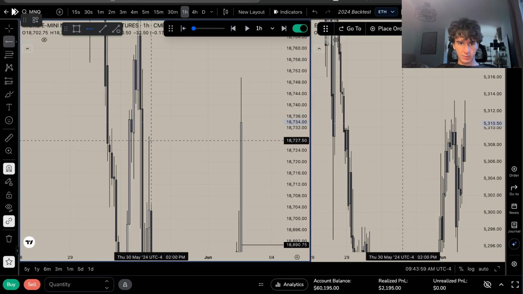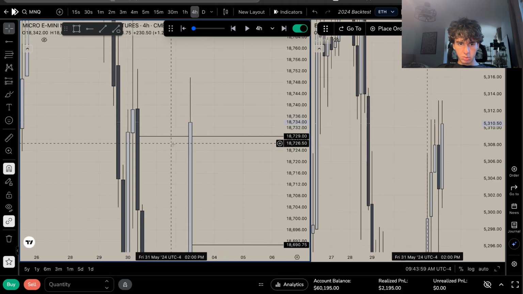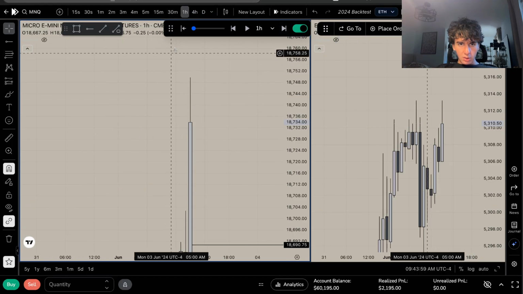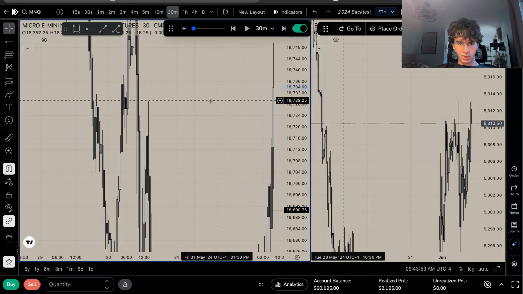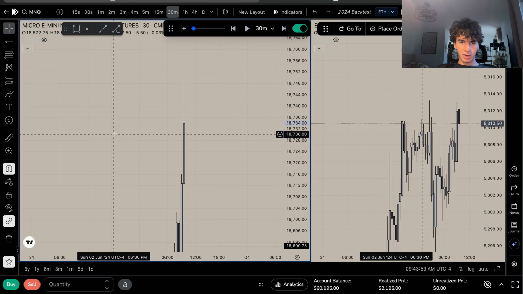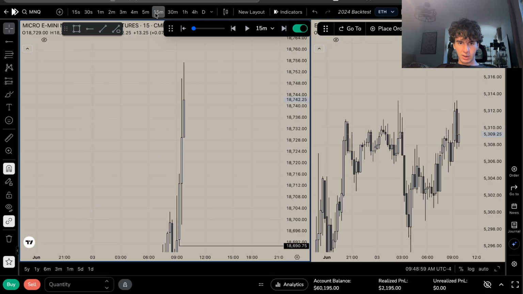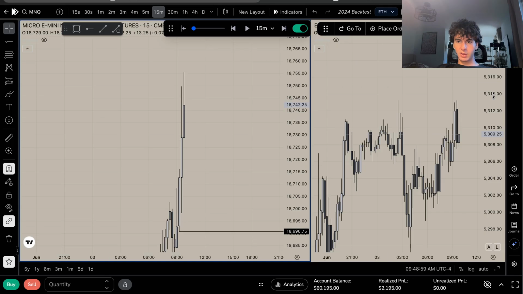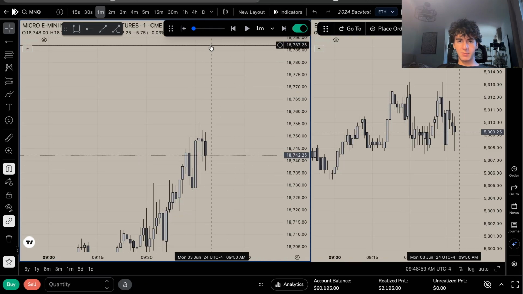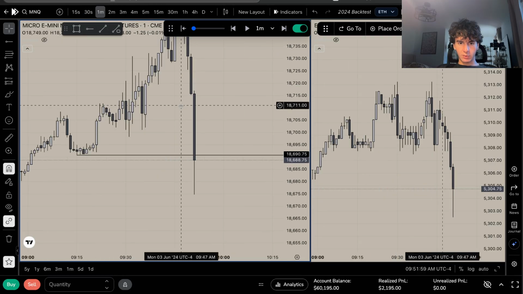All right, so we did take out this high here. I don't really think that's anything significant, although it could be. Let me see what that was. I didn't fully mark that out. To be honest, I don't really care about that high getting swept here. At this point I just need some type of key level to trade off of, because we're not really getting anything. If we do tap this level, then I'll be bearish.